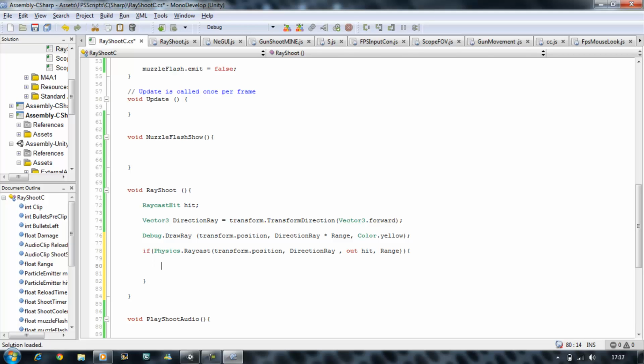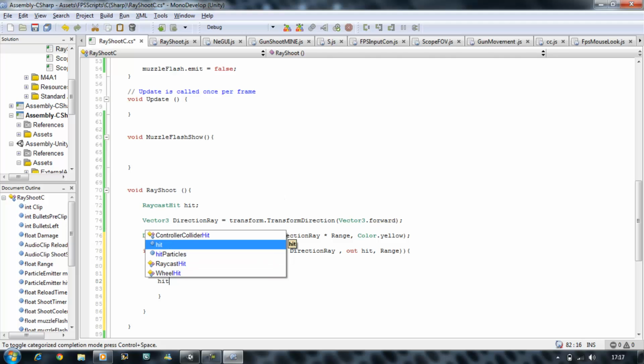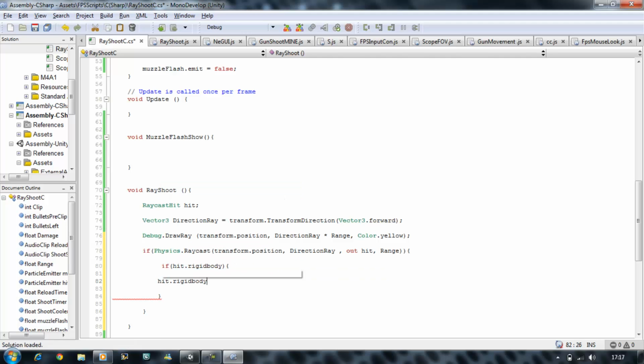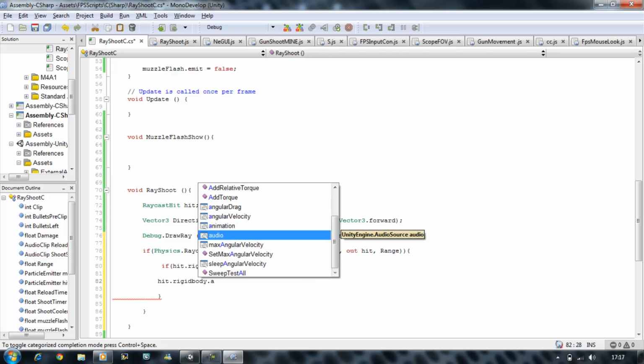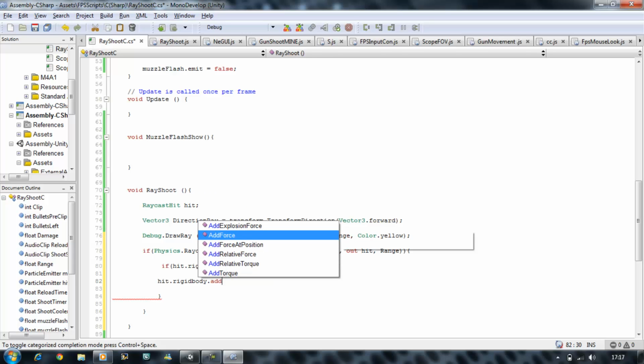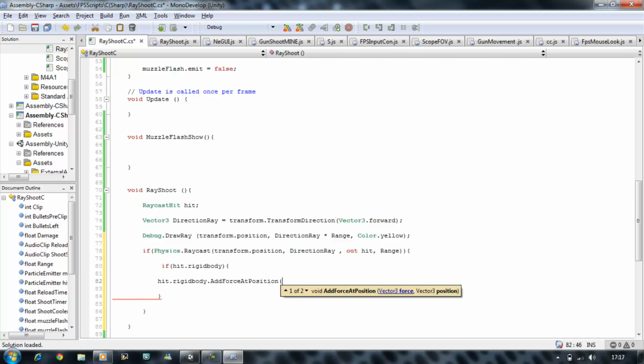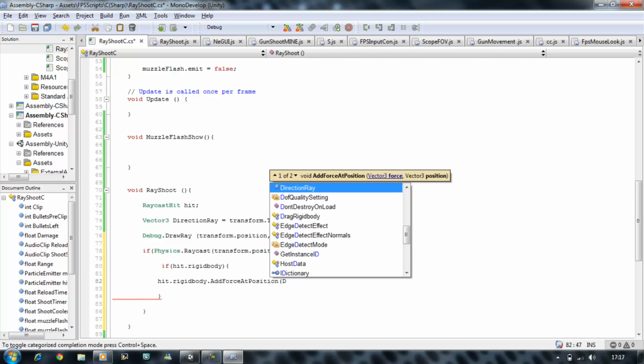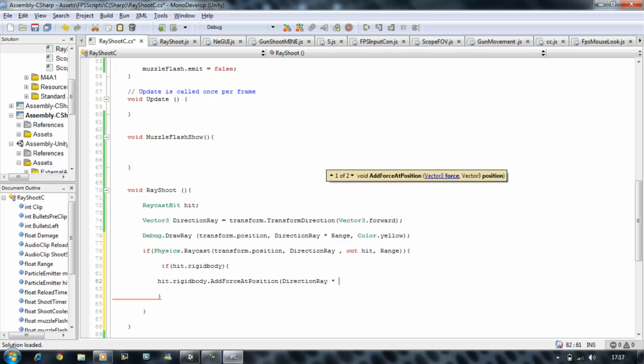Okay, we've done that. Now we want to find out if we've collided with a rigidbody. So if (hit.rigidbody), open curly brace, close curly brace. If we have hit a rigidbody, we want to apply force to it. So hit.rigidbody.AddForceAtPosition(directionRay times force